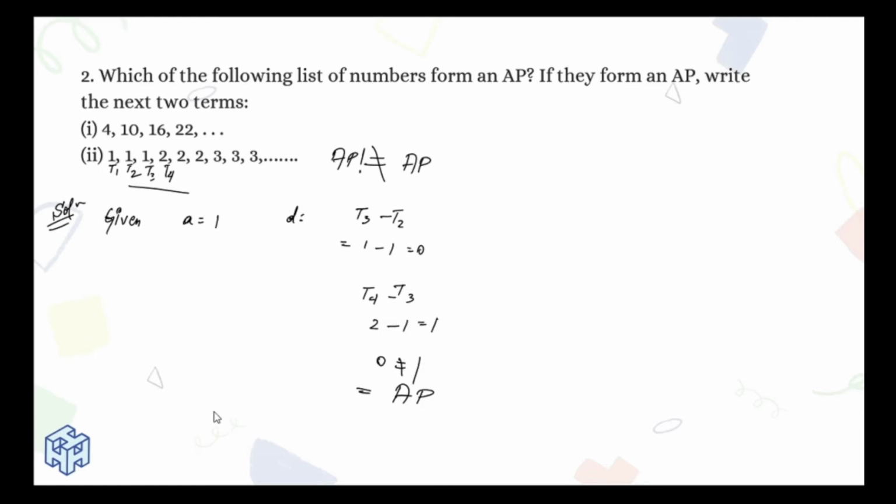So our solution will be very simple. Write A1, A is equal to 1, find the common difference, and since the common differences are not the same, we can just conclude by saying that it doesn't form an AP, right? It doesn't form an AP. So this is our solution. Again, just highlight 0 and 0 not equal to 1, and similarly highlight this. So the answer is done.